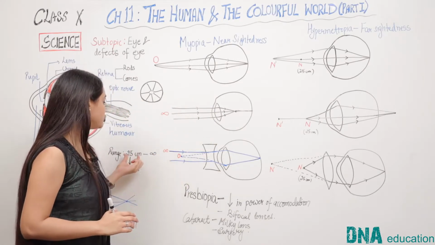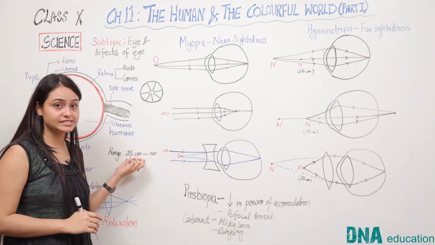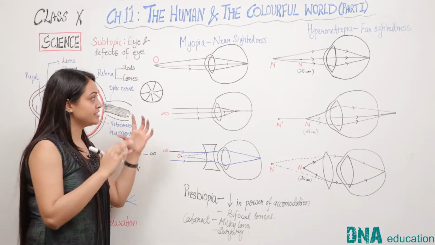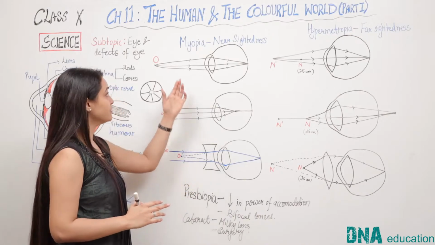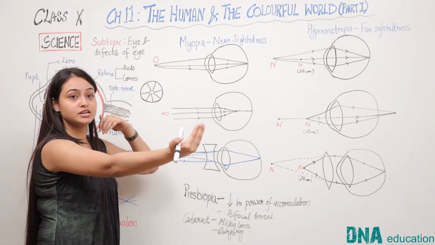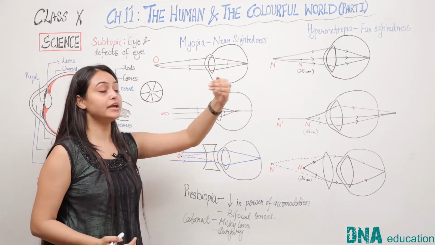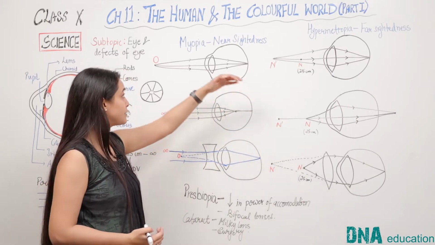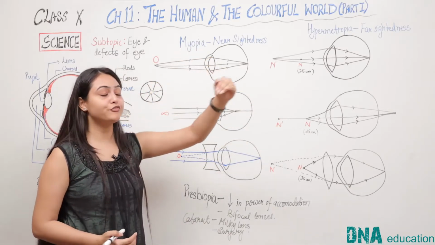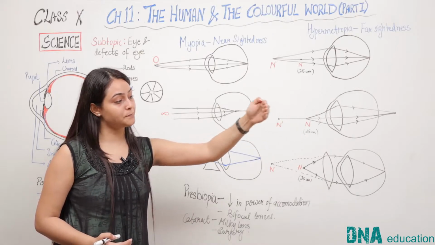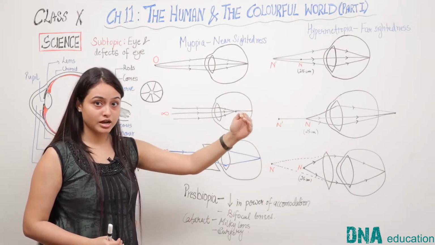That means ये जो 25 सेंटीमीटर का least distance of distinct vision है ये correct है, but the far point of the eye comes nearer. That is हम अब infinity तक नहीं देख सकते. That means एक myopic eye infinity तक नहीं देख सकती, वो उससे पहले ही उसका vision कम हो जाता है,